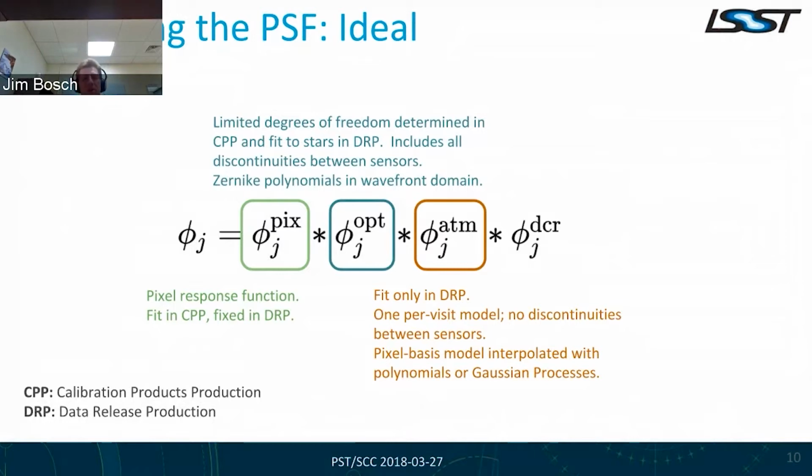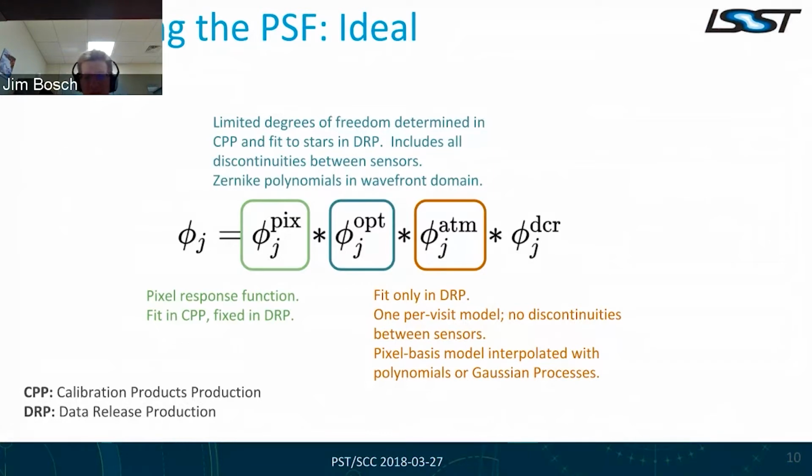The next term is the biggest. This is the atmospheric PSF. There really isn't much you can learn about this, so we have to fit it separately in every science frame. We'd like to do one per bit model. Because the discontinuities between sensors are handled in the optical part, this should not have to have any continuities